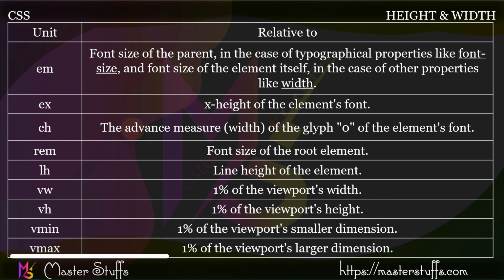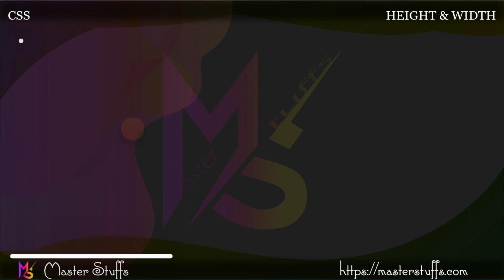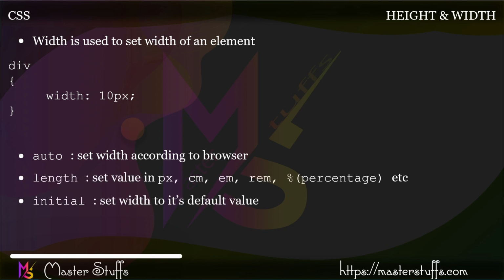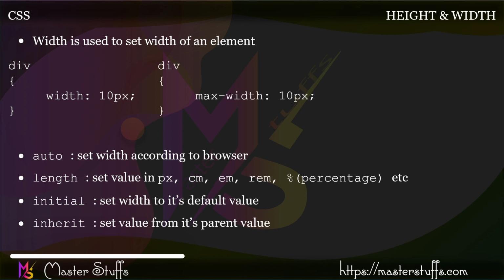These are the units we can use, but the mostly used units are px, em, and percentage value. So let's see the height. Like the height, you can also set width. You can set the width of an HTML element. The syntax is like this. You just have to write width in place of height, and the width is 10px, as you can see here. The measurement units are the same as in height. Then there are the maximum width and the minimum height, with syntax like this.